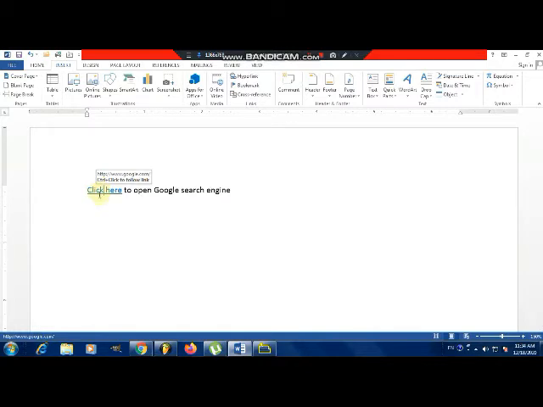That means you have to press and hold the Control key first. When you press the Control key, the mouse pointer changes to a hand. When you release it, it will turn to an I-beam, okay. Now let's see how to remove this hyperlink. I hope you all understand how to insert a hyperlink. To insert a hyperlink of any internal or external program, you have to follow these steps.